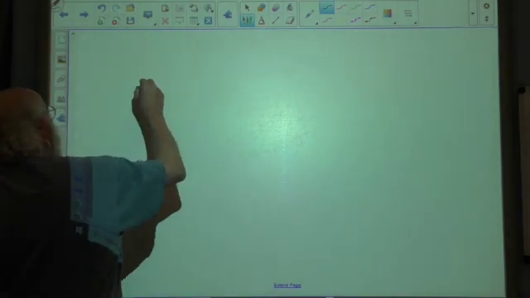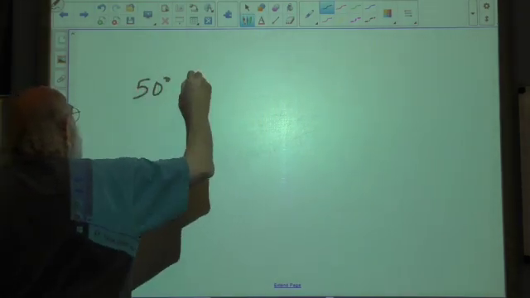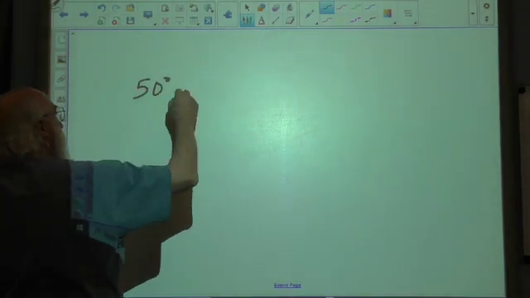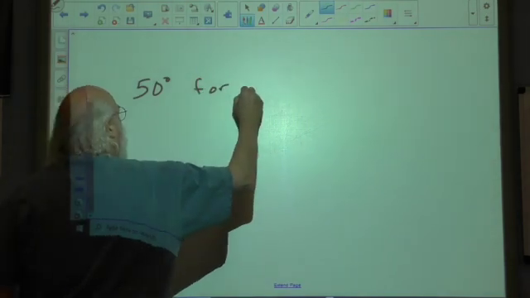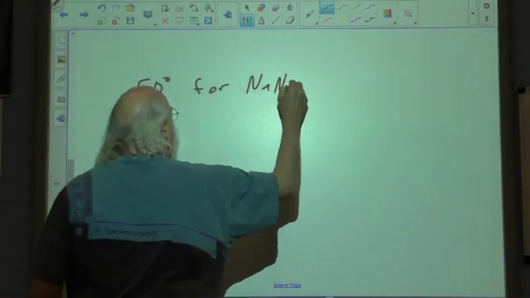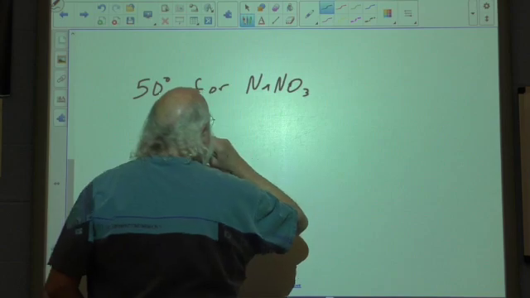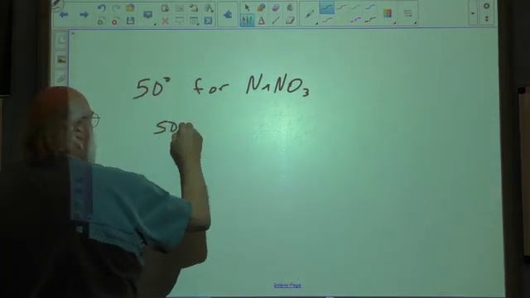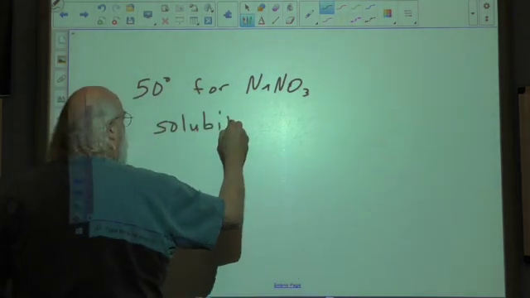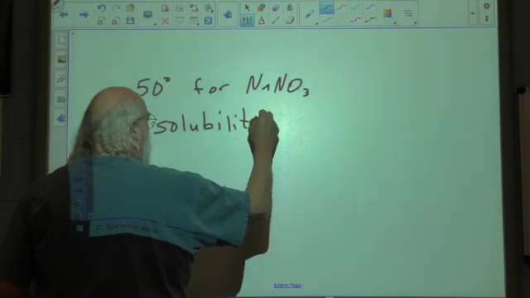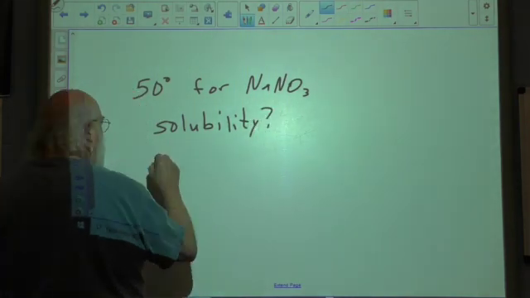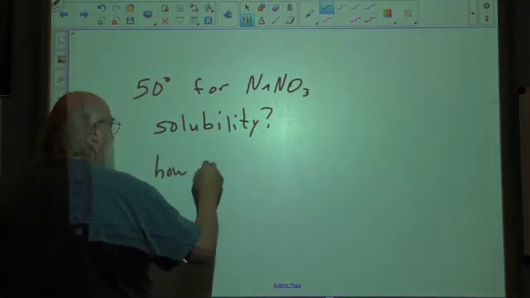So 50 degrees for NaNO3. And I want to know what is the solubility. I need to find that first, and then I need to know how many grams